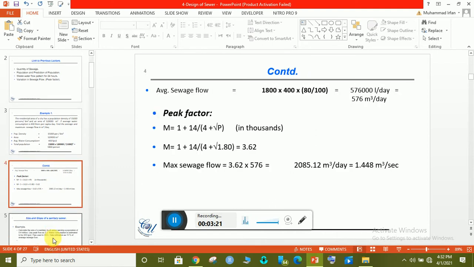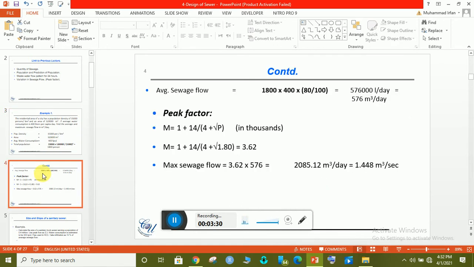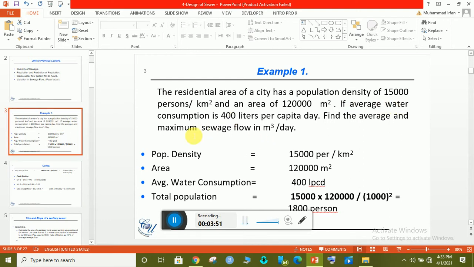Now the average sewage flow. It means that this area, which has almost 1800 persons, produces how much sewage, means how much wastewater is produced by this community. So the number of persons in this community is 1800. Wastewater generation is 400. I think this is the average water consumption. So the 400 value is the water supply, and we want to calculate the wastewater generation